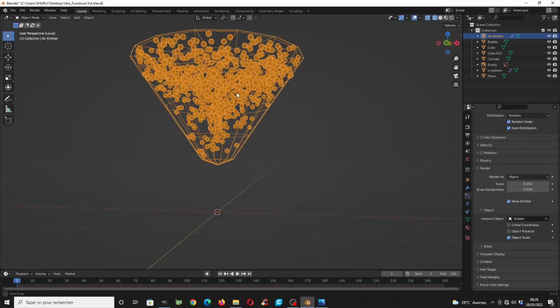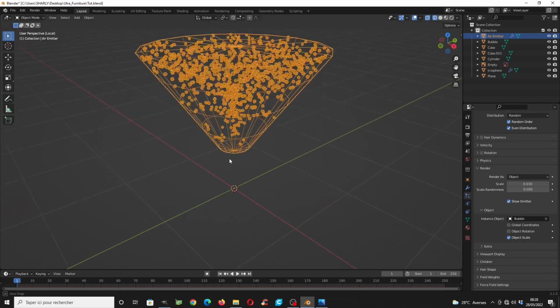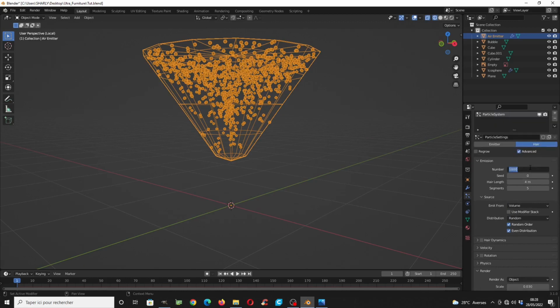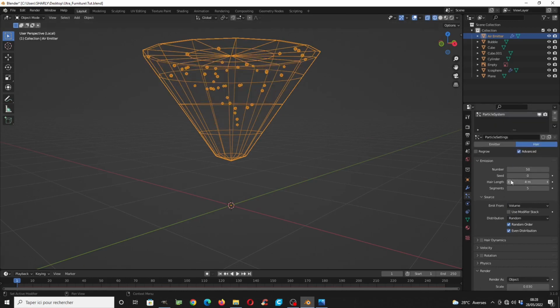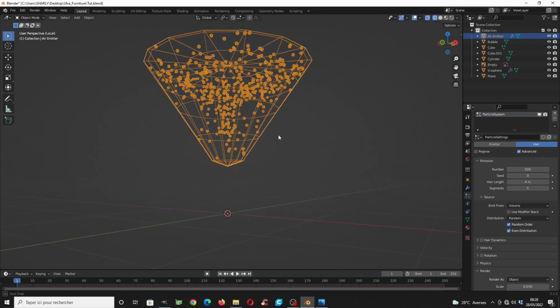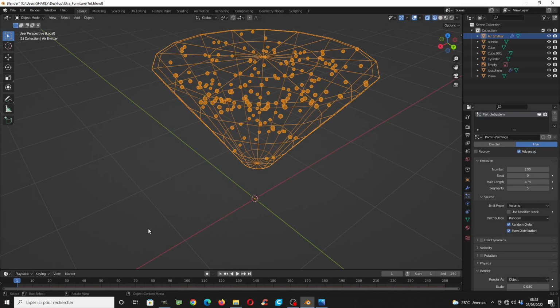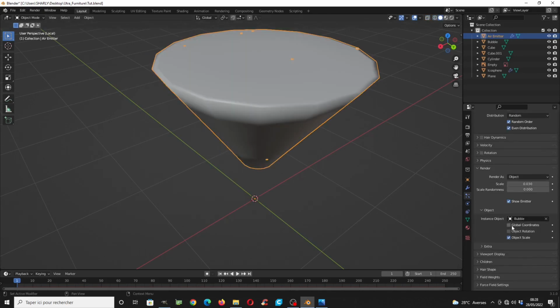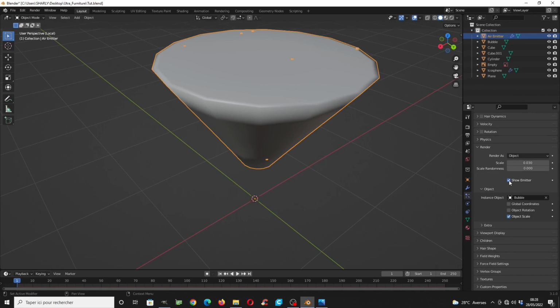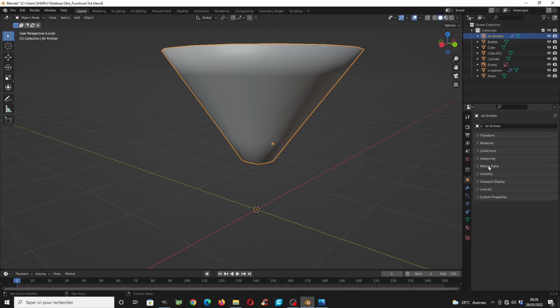So you see that we have everything inside. You can change the scale, this, and the number of the bubble. Okay, this looks nice, and we don't want the emitter to be shown at the render, so we just uncheck this box. We can also make it transparent in the viewport